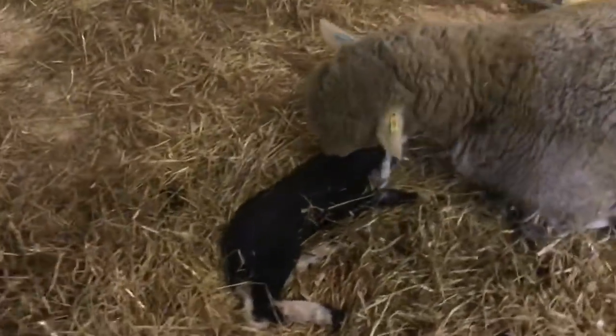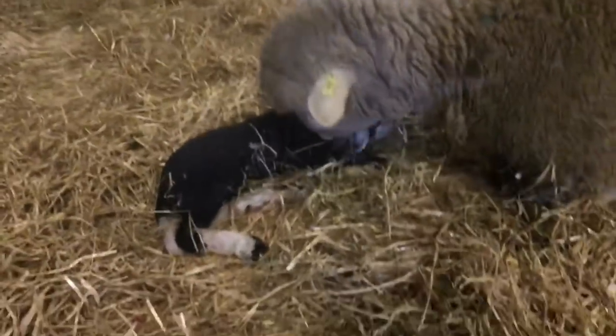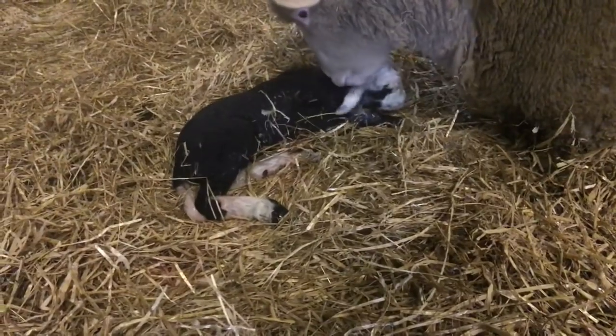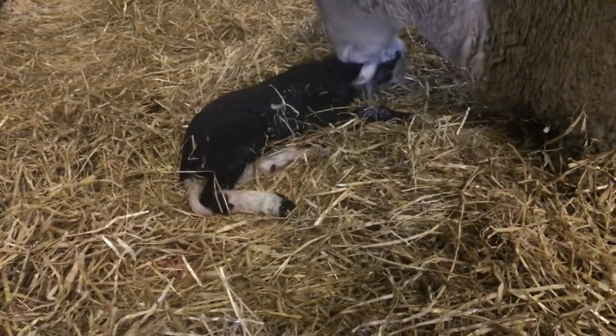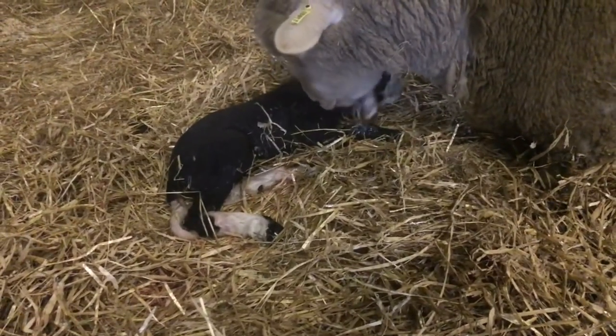I'm gonna come around this side and get down. Here she goes. So Mum's mothering away. Look at this. Can you believe it? Straight away. Thanks, Ollie. Thanks, Christine. That's a good one. Beautiful lamb. I'd like to hope there's only the one, so...